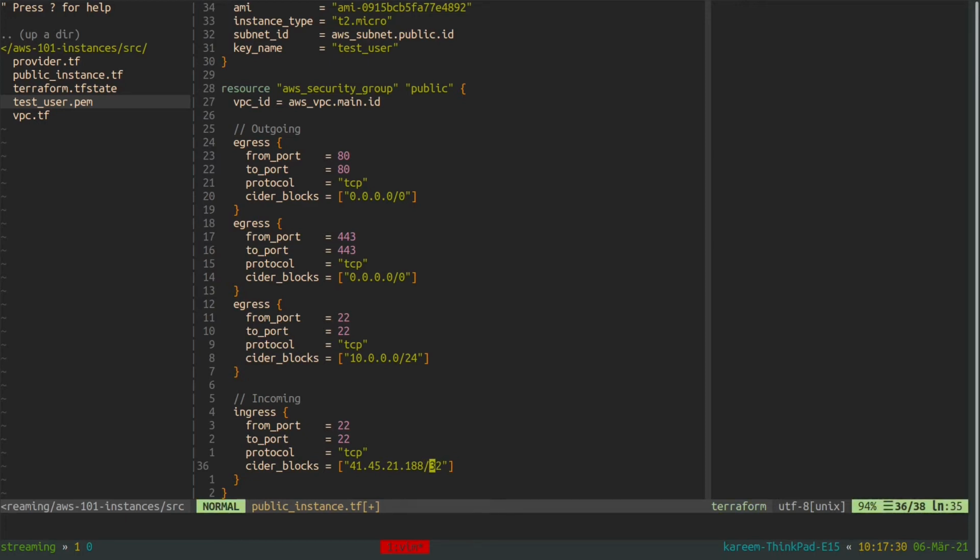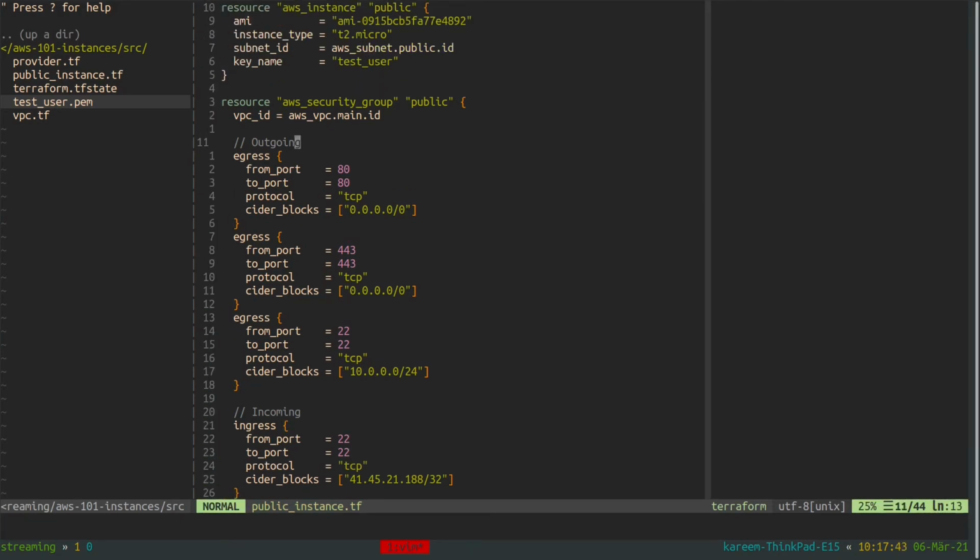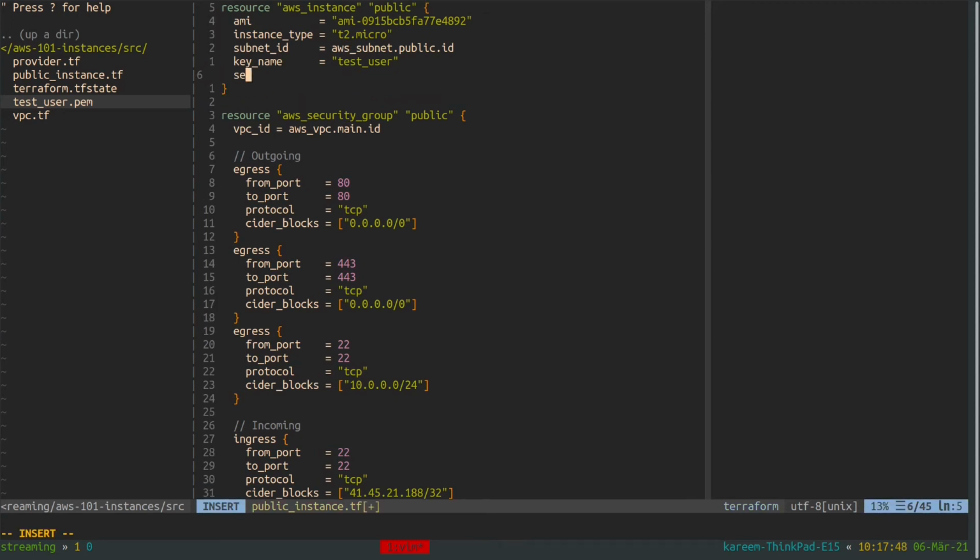And because it's only one address, I'm going to use this for the host bits, for the network bits. And I'm going to also allow port 80. Alright, now I'm going to associate this security group with our AWS instance.